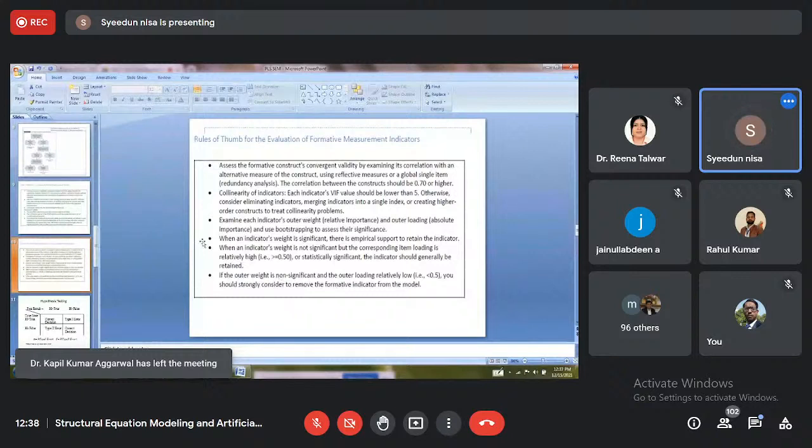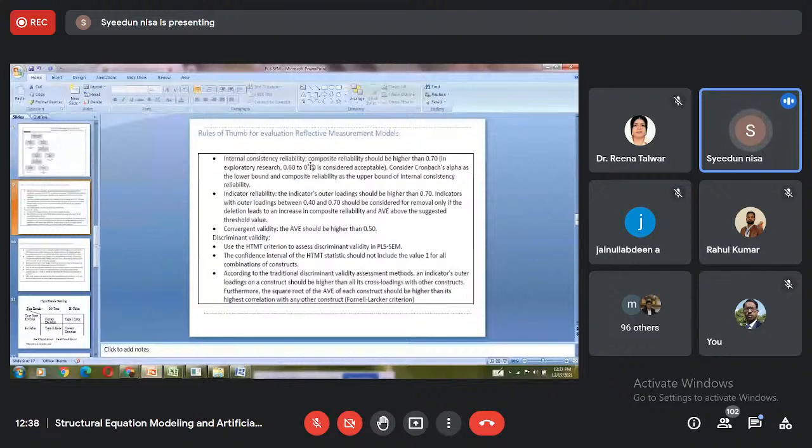Reflective model, we check for internal reliability, Cronbach's alpha, and indicator reliability, where convergent validity may be checked, and discriminant validity may be checked, look for Fornell-Larcker criterion, cross loadings and HTMT. In most of the papers you will see things are given on that basis. They say the model is